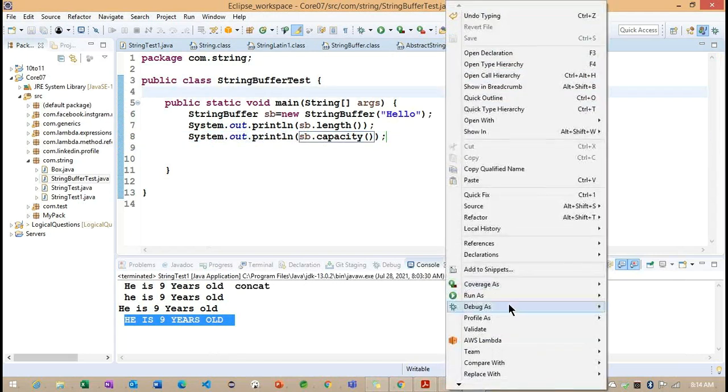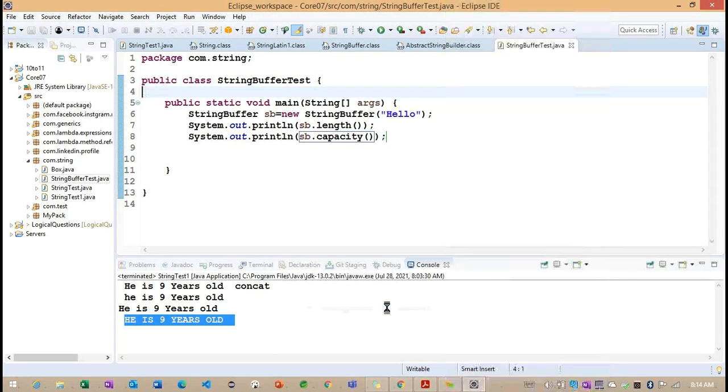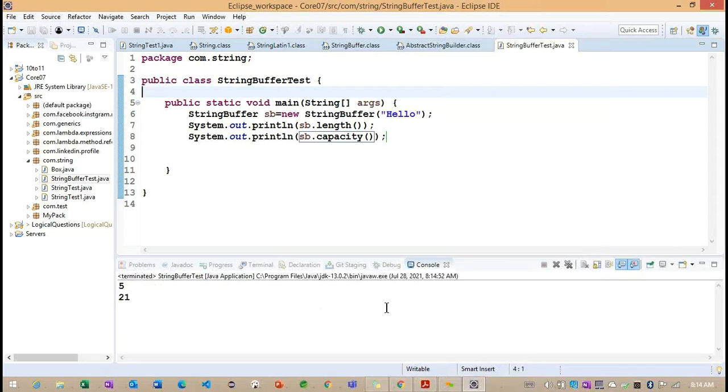I need to find out the two pieces of information here: 5 and 21. Getting the point. Just now we discussed this string constructor. Now we can understand why the length is 5 and why this capacity is returning 21 here.